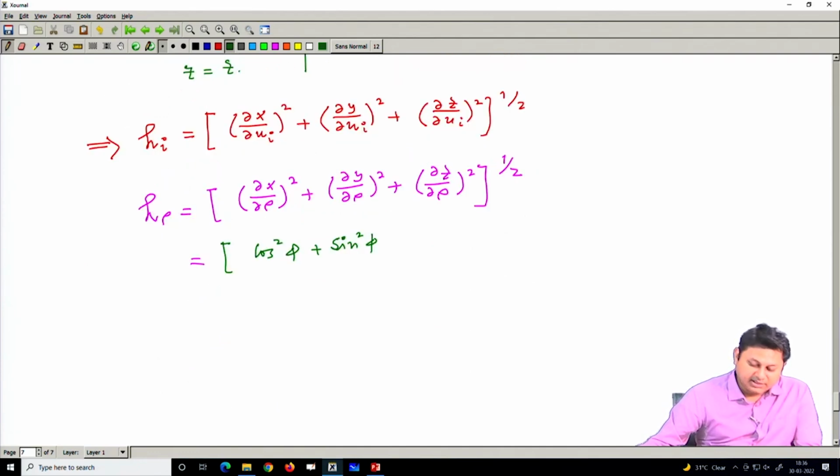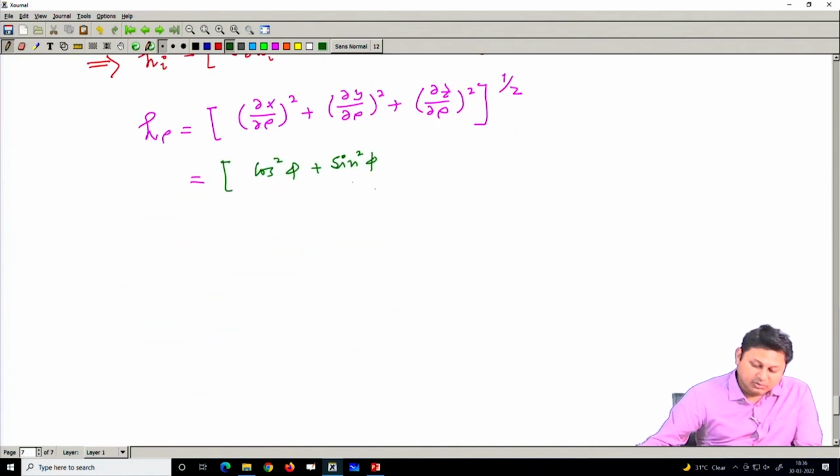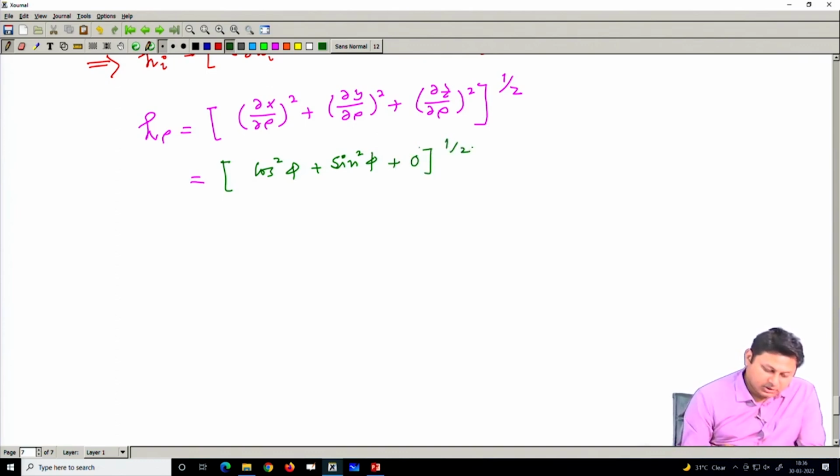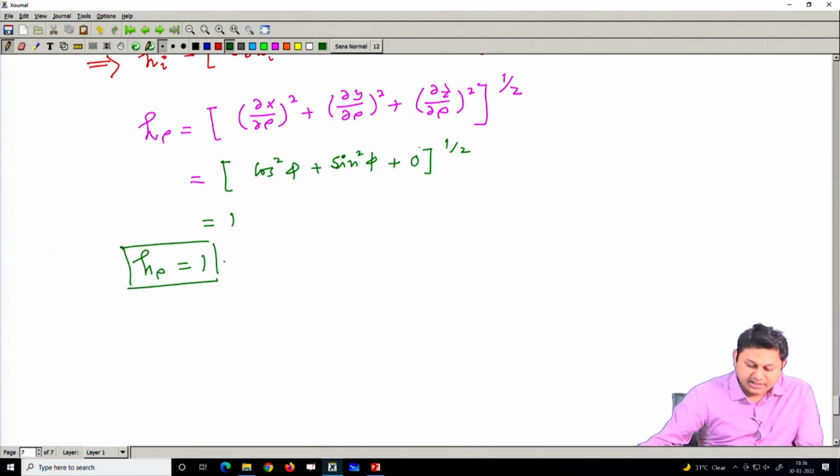But you can see that there is no dependency on rho in this. So, I can have this plus 0, whole to the power half. Now, this quantity is simply 1. So, the first thing I find here is h of rho is equal to 1. Okay. Next, I need to calculate